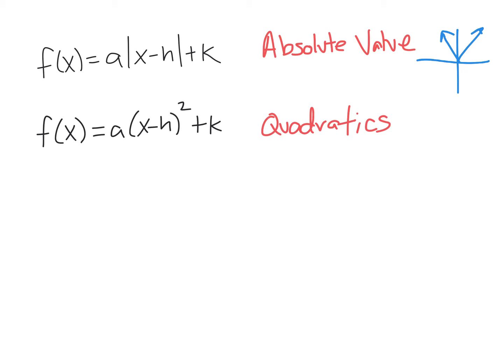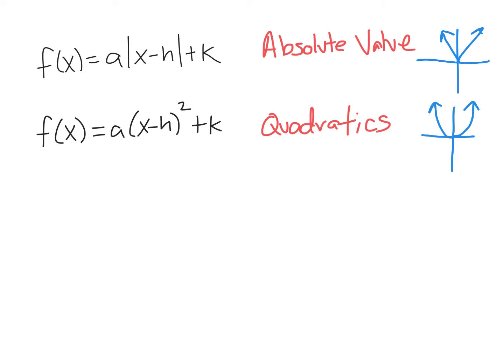The next one was the quadratic. We spoke about quadratics for a good 9 weeks, actually, and we spent a lot of time talking about the compression and all the different properties of quadratics. And for transformation of quadratics, we looked at the parent function that was also centered around the origin. Most parent functions, as we discussed in our second unit, are going to be centered around the origin. So if you're looking at these, really we're using the letters a, h, and k for all of our vertex